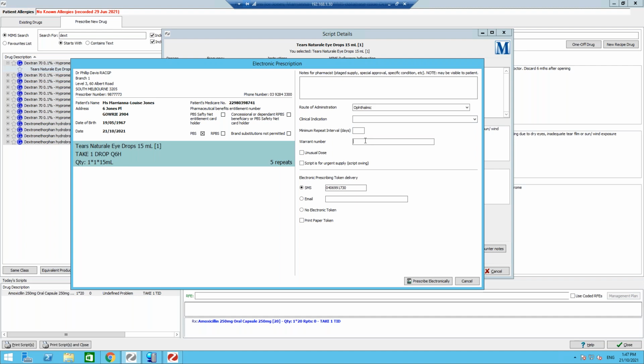Warrant number is different in different states. In Victoria, it's called a warrant number. In New South Wales, it's called a permit number. For certain medications, doctors are required to put their warrant number on the script, such as Schedule 4 or Schedule 8, for example. Unusual dose, the doctor can tick this if the dosage specified is